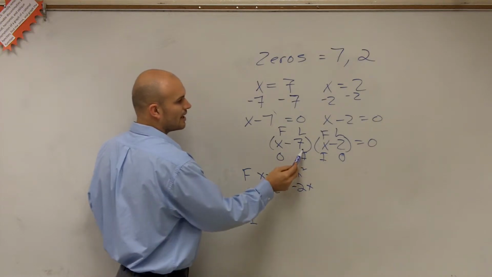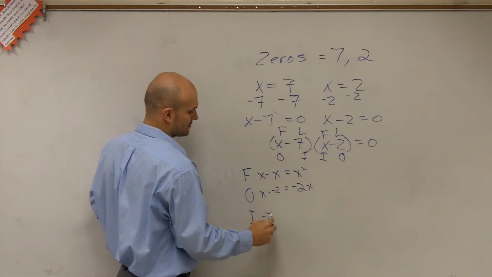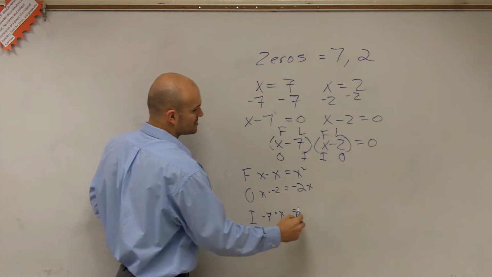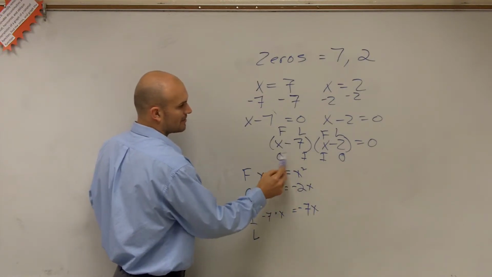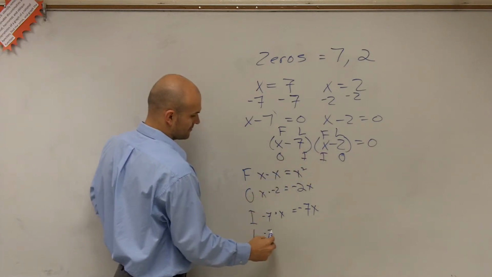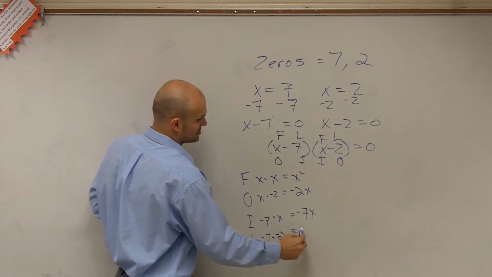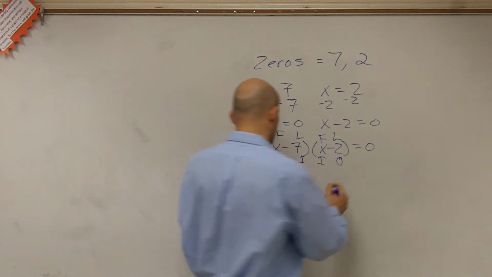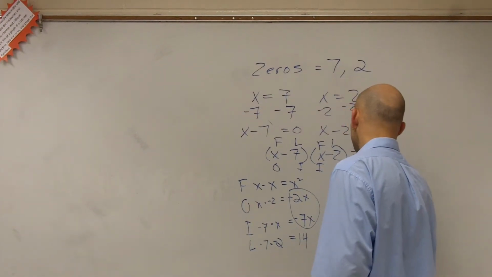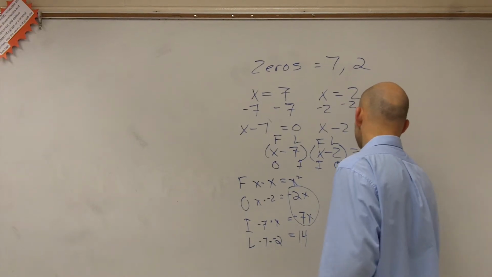Inner, negative 7 times x equals negative 7x. Then we do last. Negative 7 times negative 2, which equals a positive 14. Then we notice our middle terms we can combine. So our final answer is x squared minus 9x